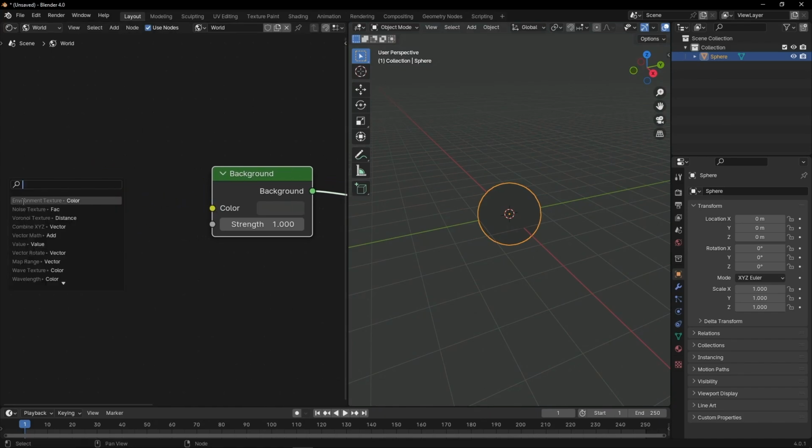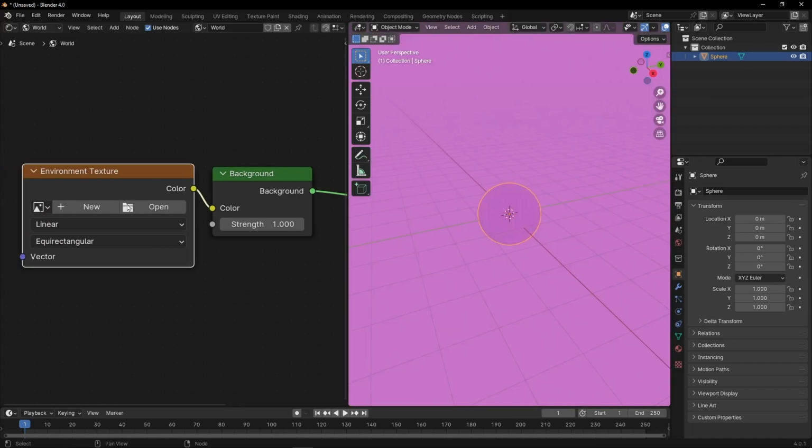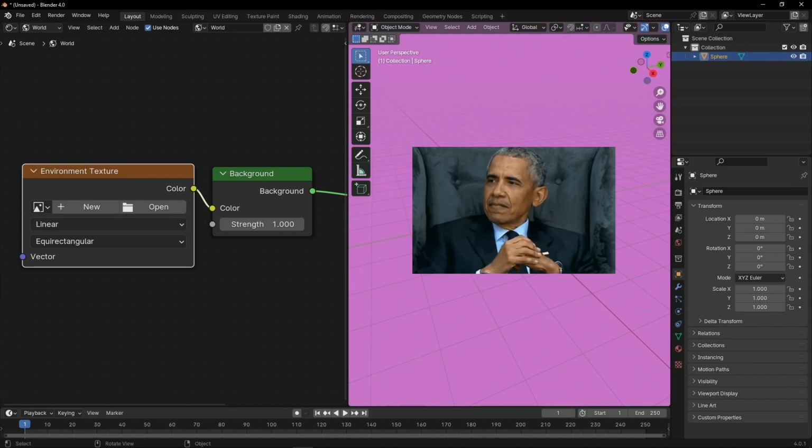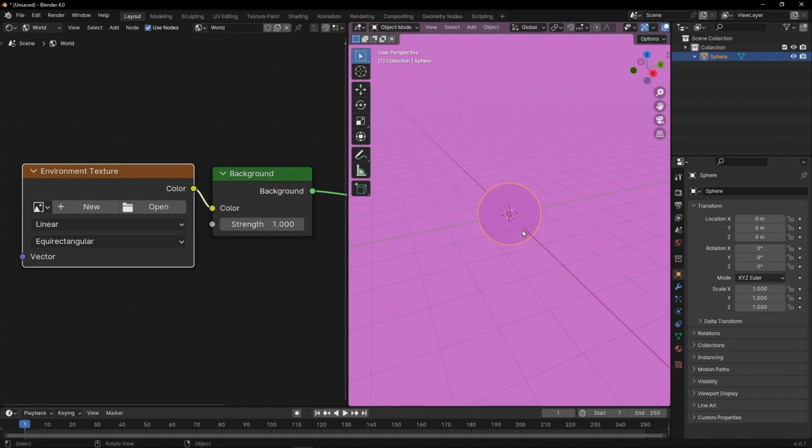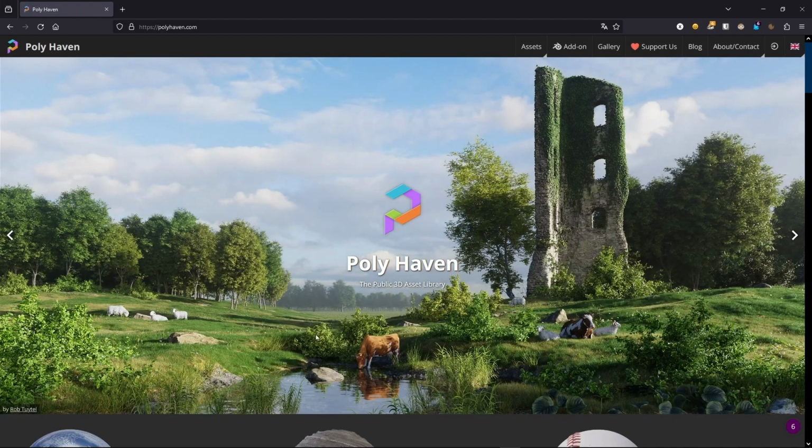Which node? This one, Environment Texture. Now it looks pink because pink is the color that says, hey, I'm missing the image. I need something to show in the background. So now it's time to download this type of preset. I recommend you to use this website,